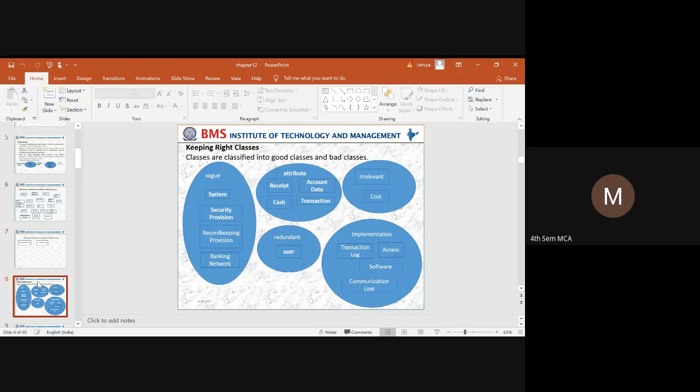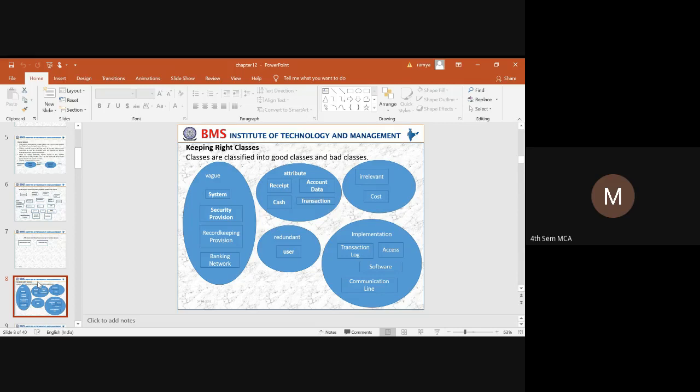Okay, next thing is record keeping provision. So what is this record keeping provision? Whether only the transaction that has been done through the ATM, only withdrawal, only the mini statement. So in what way are we trying to identify?